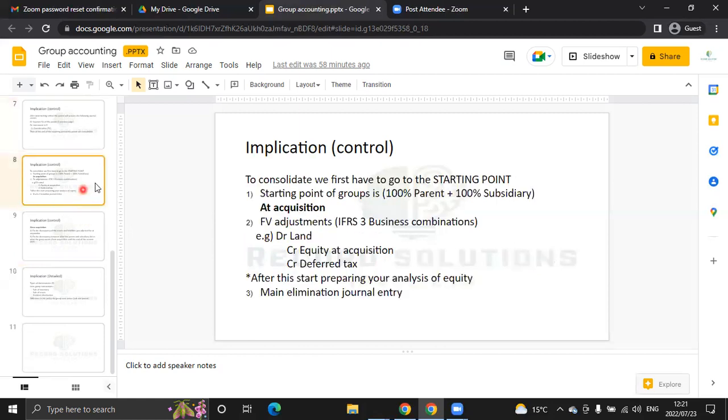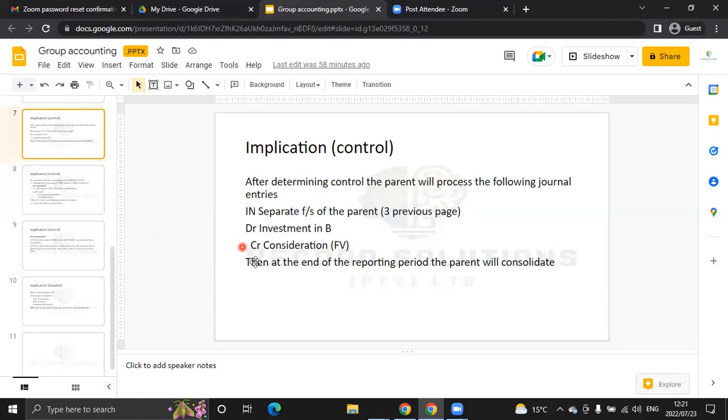Now, what we are going to do is go to what happened in the separate of A. In B, we said nothing happened, right? Now we're going to go to the bedrock of group statements. So the reason why we are doing group statements. So what happens is